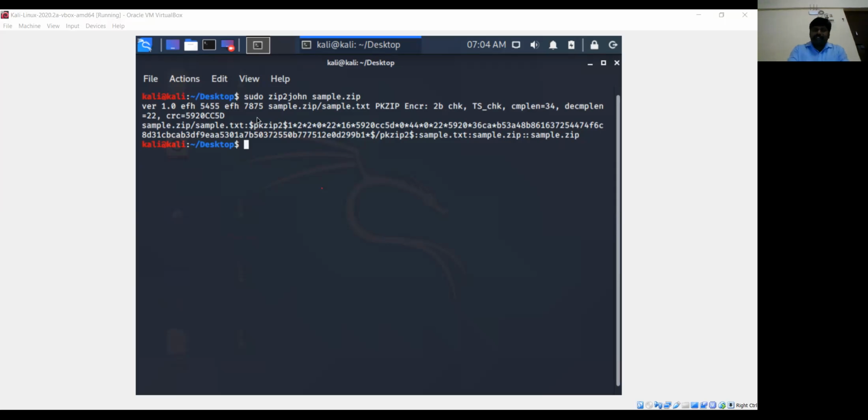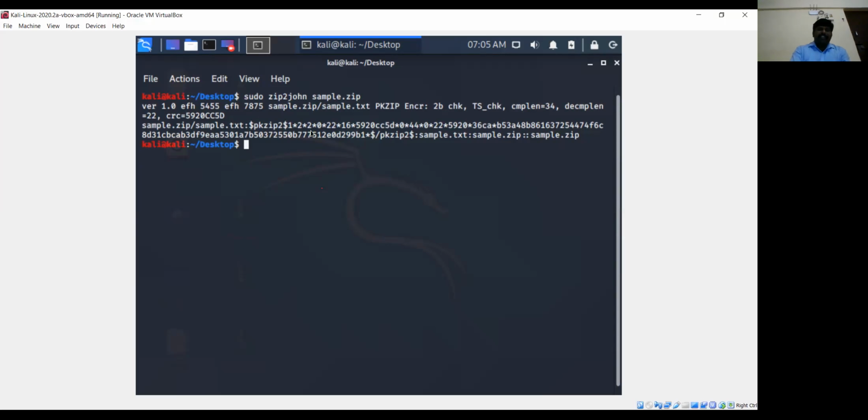Now John the Ripper is going to try to reproduce the password from the hash code values, right? By the way, I mentioned this in the beginning also. Sometimes it is impossible, but it depends upon your password strength, whether the password is weak or strong. Based on that, John the Ripper will try to reproduce the password from the hash.